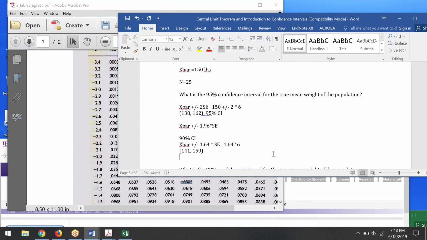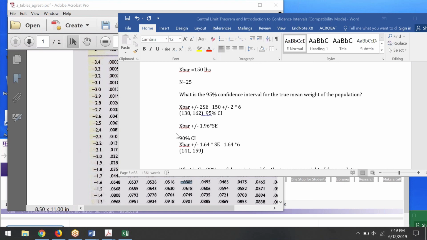Is my 90% confidence interval wider or narrower than my 95% confidence interval? It's narrower, isn't it? Right? Why is it narrower? Why isn't it wider? What's happening there is, if I'm willing to accept more chance of being wrong, in other words,